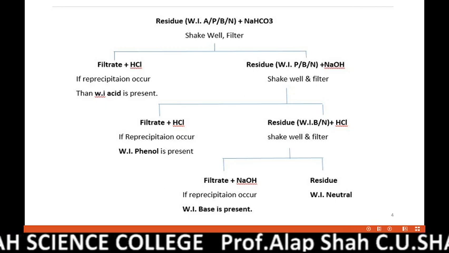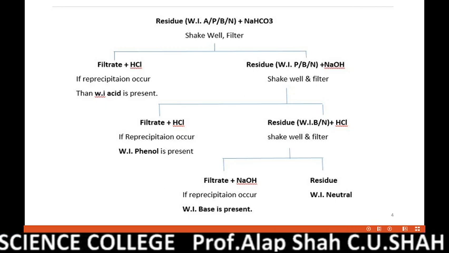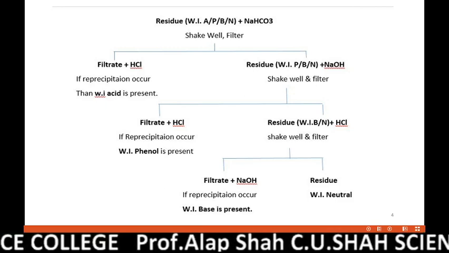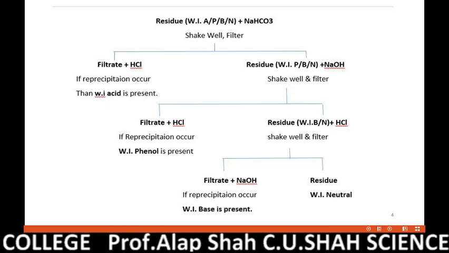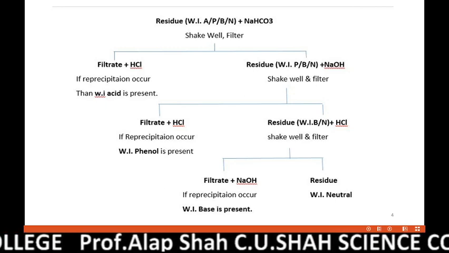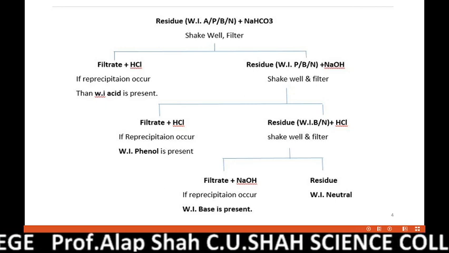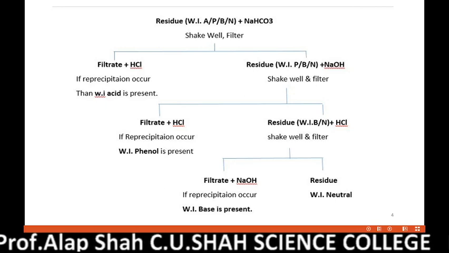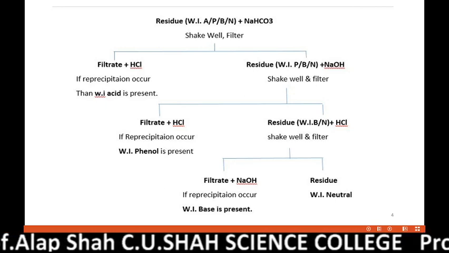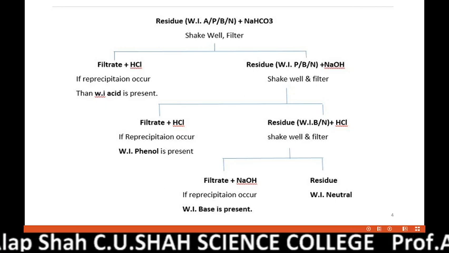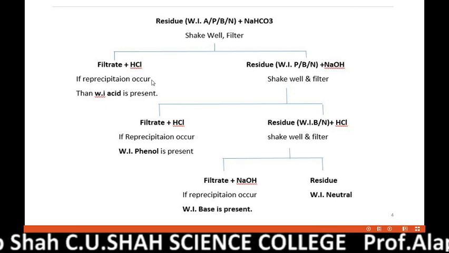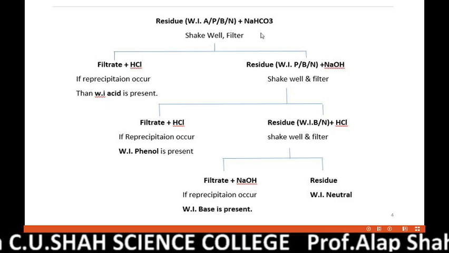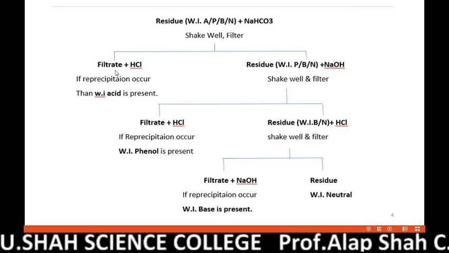So pour this and collect it into a new test tube. The NaHCO3 which you are pouring will take the residues from the broken filter paper. So in a new test tube, you will get these residues plus NaHCO3. Shake it very well. You may get effervescence of carbon dioxide if a water insoluble acid is given to you. Shake it very well and again filter it. In the filtrate, now you can understand that if you are given an acid, it will dissolve in the NaHCO3, so that will be in the filtrate.